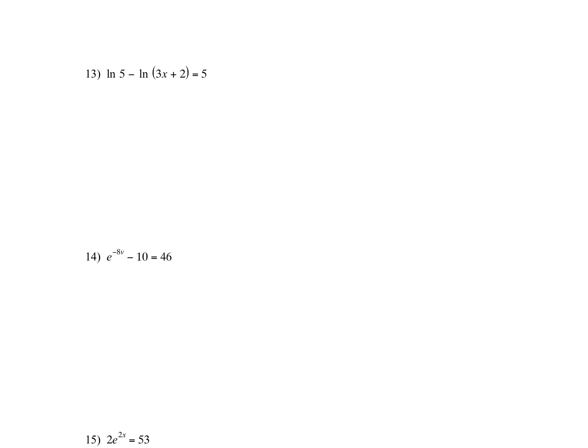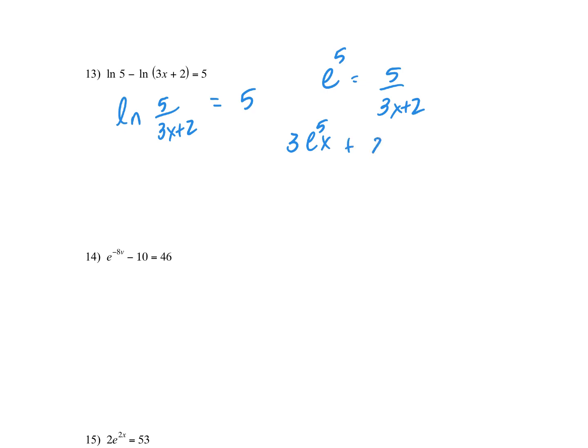Number 3 is yet another subtraction. So it's ln of 5 over 3x plus 2 equals 5. Then you change it to exponential. e to the 5th equals 5 over 3x plus 2. So you have e to the 5th times 3x plus 2 times e to the 5th equals 5. 2 times e to the 5th is a plain number, so we find out what that is. So you subtract that from 5 and you get that 3e to the 5x equals